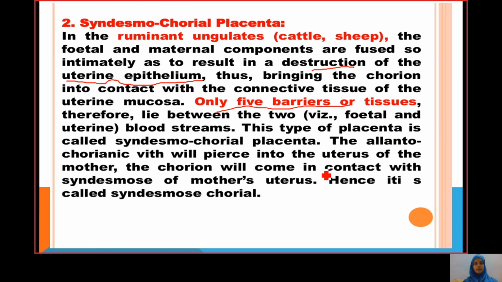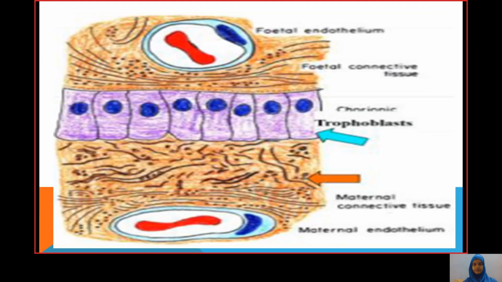The allantoic chorionic villi will pass into the uterus of the mother. The chorion will come in contact with the syndesmosomes of the mother's uterus. With the syndesmosomes of the mother's uterus, the fetal chorionic villi will be embedded. It will burst, make holes and enter inside. Hence it is called the syndesmochorial placenta. Here you can see directly the connective tissue of the uterine walls, it is embedded inside. Syndesmochorial